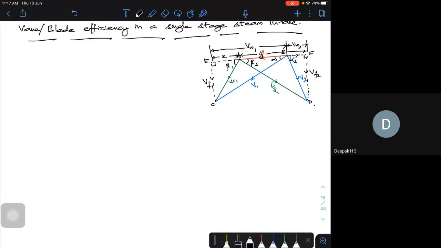Now, what is the effect of friction here? If you consider the effect of friction in this single stage, what is it actually? If I take into account the blade channel, we have your VR2. If I take that as CB, I have the relative velocity ratio VR2 by VR1. This will be less than 1, because the friction will reduce your relative velocity, as the fluid flowing over the blade absorbs some amount of energy.